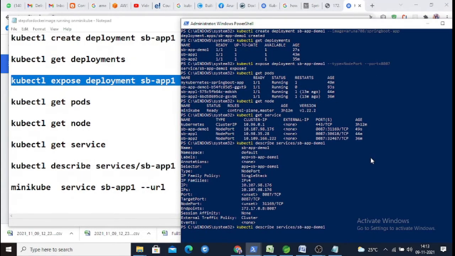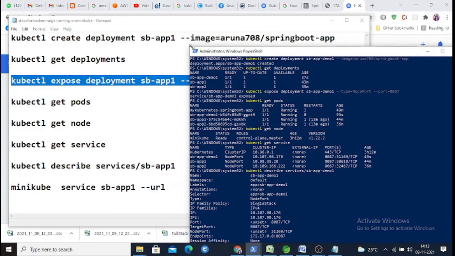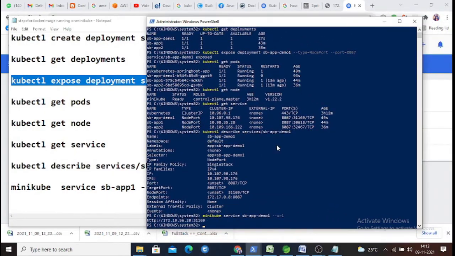And finally, if you want to run your service, the last command is minikube. To run the service, you have to use minikube now, not kubectl. So minikube service and the service name. You also want to display the URL in which it is going to run. This is a tag you can give so that your service runs and you can also see the URL of your service at the same time. So here it is getting executed.